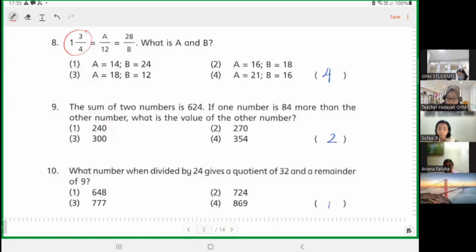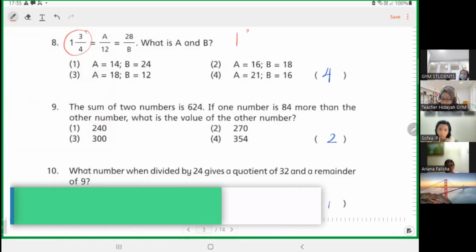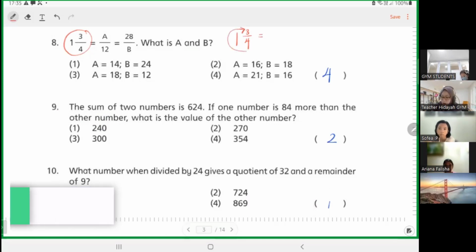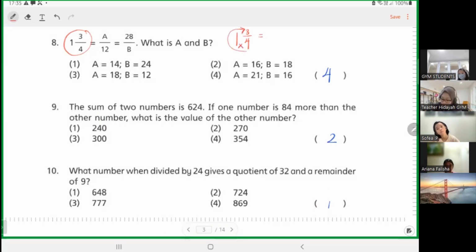What you need to do first is, let's look at all the fractions. The only mixed number is the first one, right? The second and the third are normal fractions, might be improper or just normal. So let's change the mixed number 1 3/4 into an improper fraction. How do I do that? I do 4 times 1 plus 3. 4 times 1 is 4, 4 plus 3 is 7 out of 4, okay, equals to